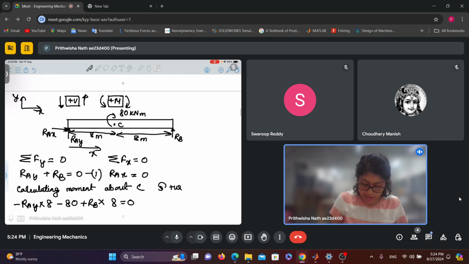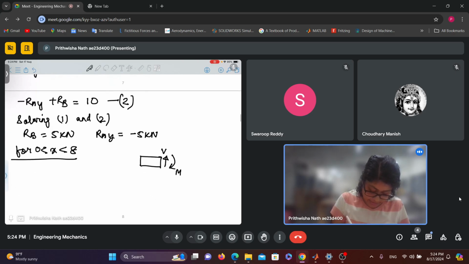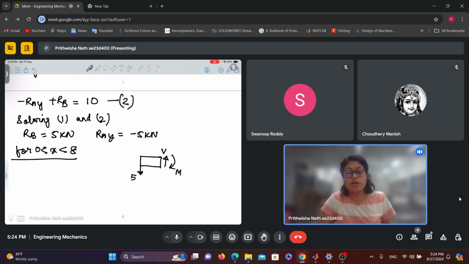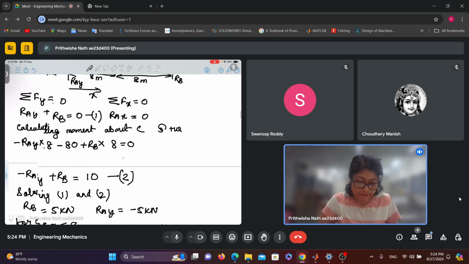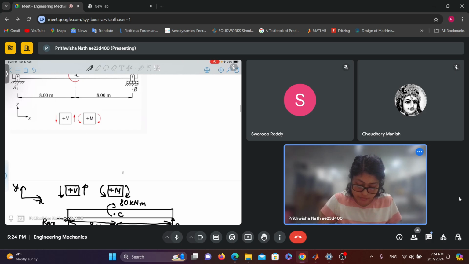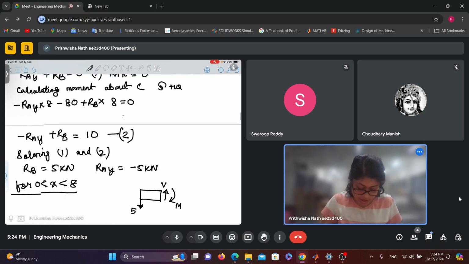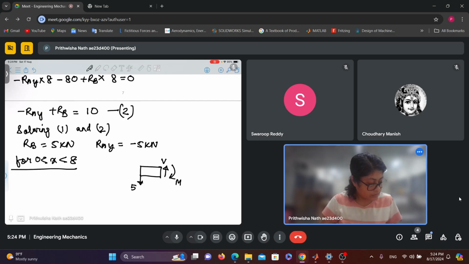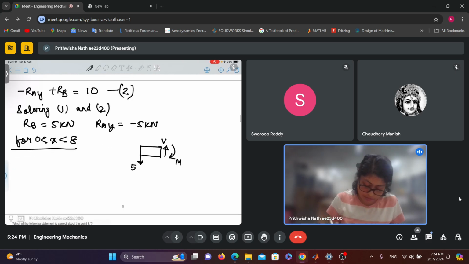and R_A is acting in this direction. Is there any doubt regarding this? See, the convention is already mentioned in the problem. On the right face, you can see what are the positive directions. Accordingly, I have drawn. So, minus 5 plus V equals 0, V equals 5,